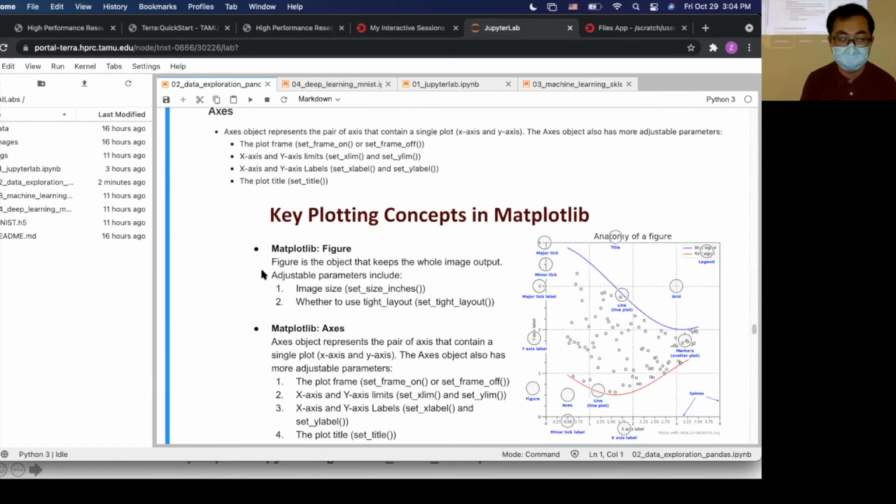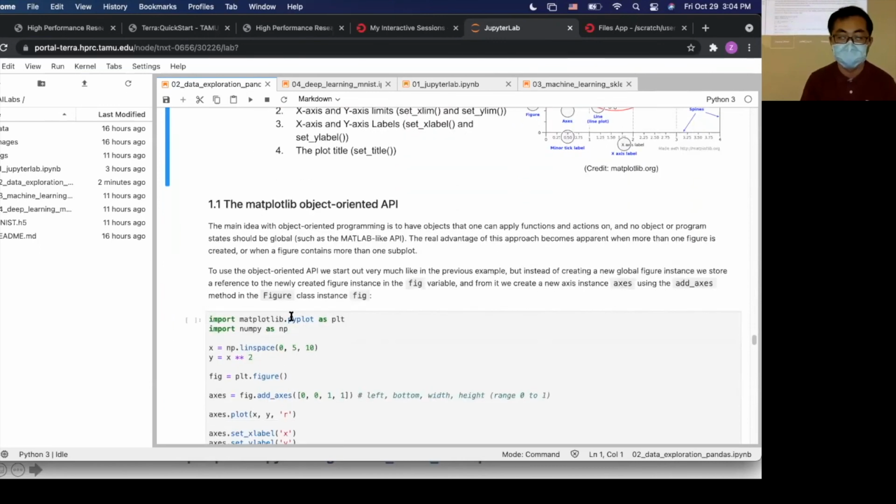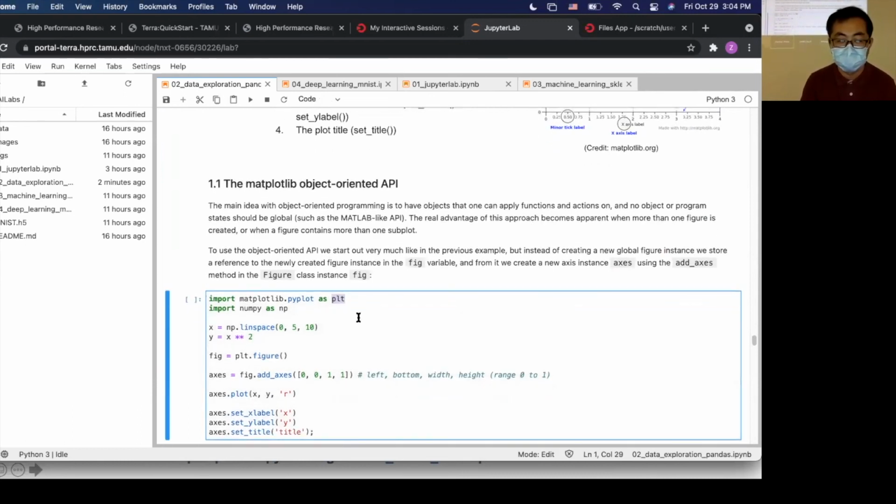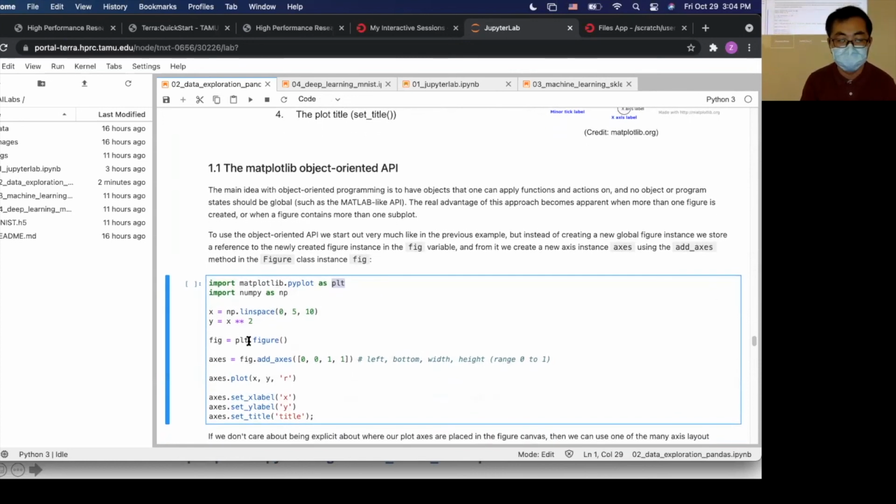Where's my import? Okay, here: import matplotlib.pyplot as plt. If you use an alias, or a nickname, it makes your code writing easier. You can just use plt to represent this long name.